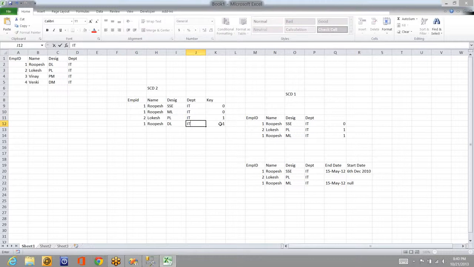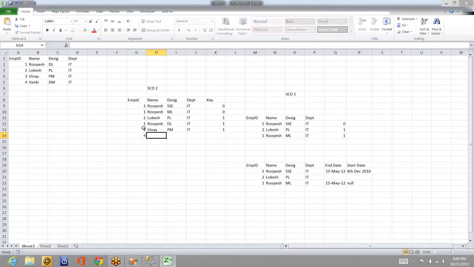Okay, it will check the active record, and whether there is any change or not. Now record 2 remains the same, so it won't make any changes. 3rd record, PM, IT, is newly inserting, so it will become 1.